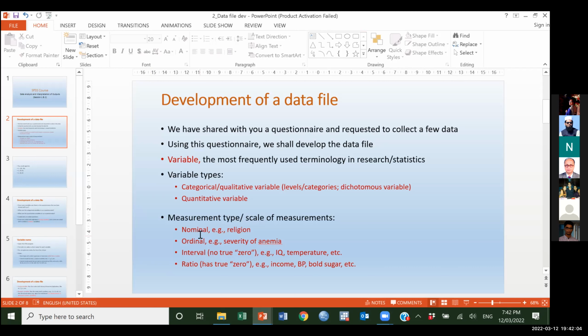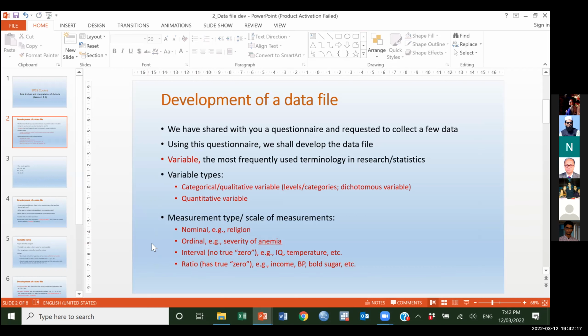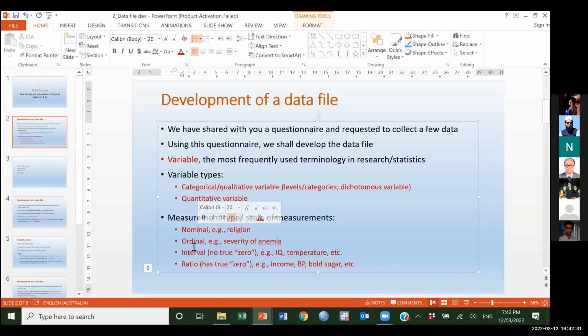So there is the nominal measurement scale. We call it a scale of measurements: nominal scale, ordinal scale, interval scale and ratio scale. Nominal and ordinal scales are the categorical variables. For example, nominal variables are the variables, the levels of which can